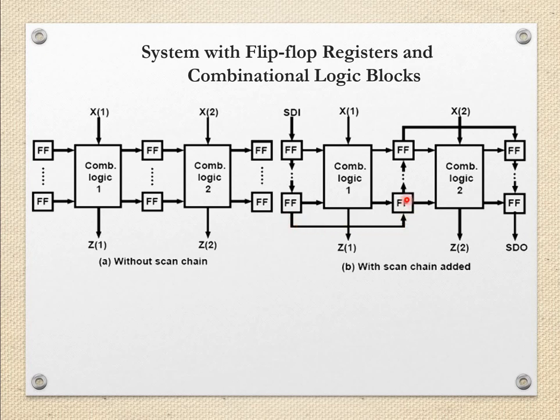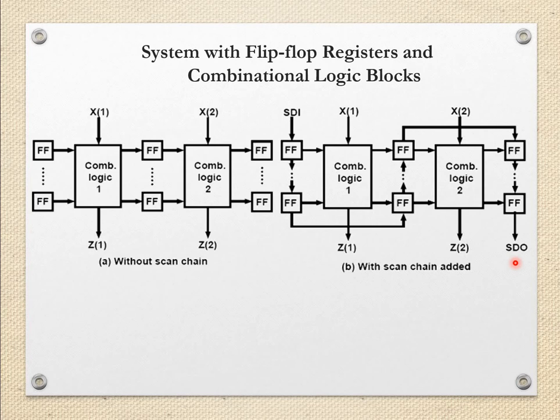Then we have another set of flip-flops through which again the data will run, going to the next till the last flip-flop, and the output of the last flip-flop will be SDO, that is scan data out or scan data output. So a chain of flip-flops is formed. So scan in and scan out define the input and output of the scan chain. In a full scan mode, usually each input drives only one chain and scan out observes one as well.